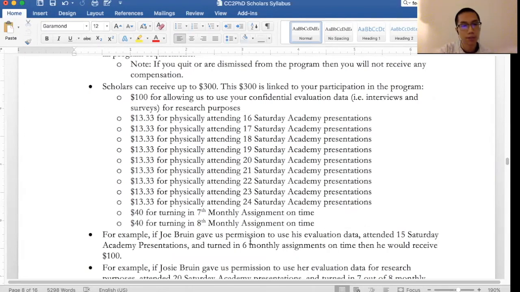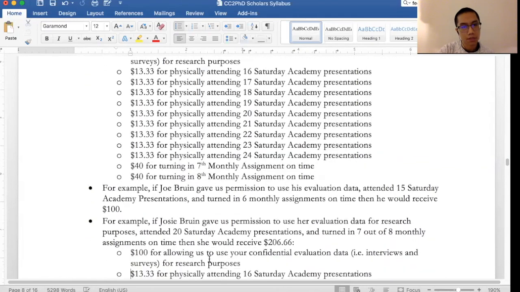So for example, if Joe Bruin gave us permission to use his evaluation data, but he only did the bare minimum for Saturday Academy presentations and the bare minimum for monthly assignments on time, then he would only receive $100.